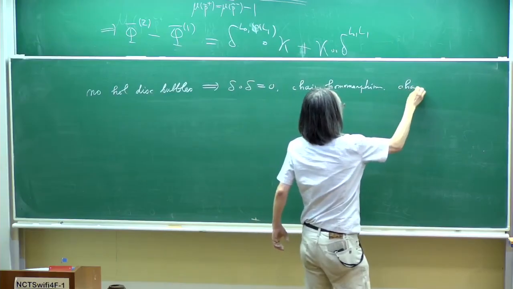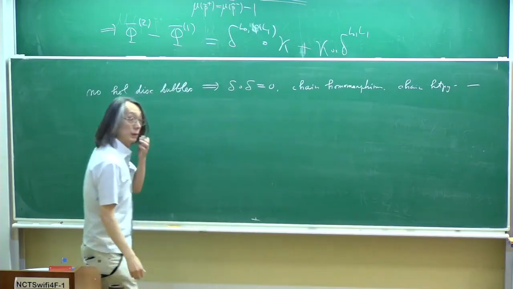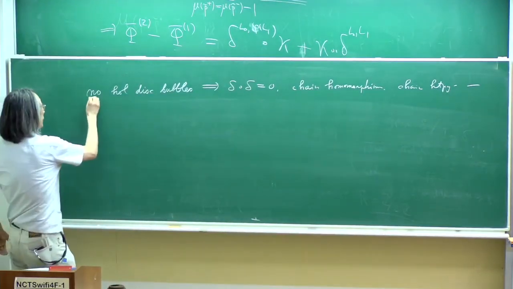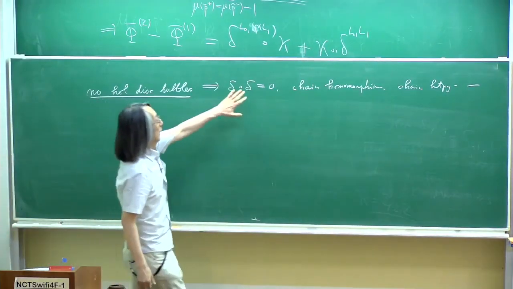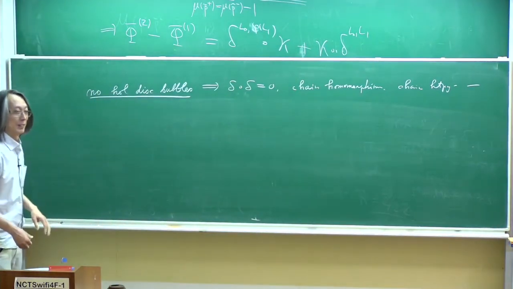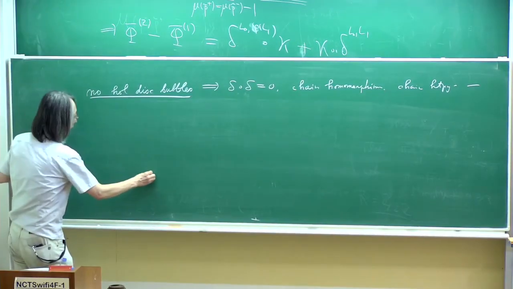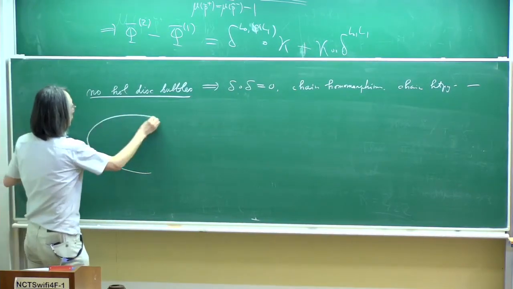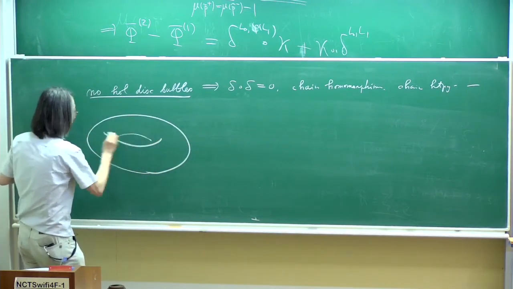And chain homotopy, and so on. So that's a nice thing. And then if there is a holomorphic disk bubble, then how does this break down? And this is a very easy example. So maybe I even just take a two torus here, or maybe if I work over R2,